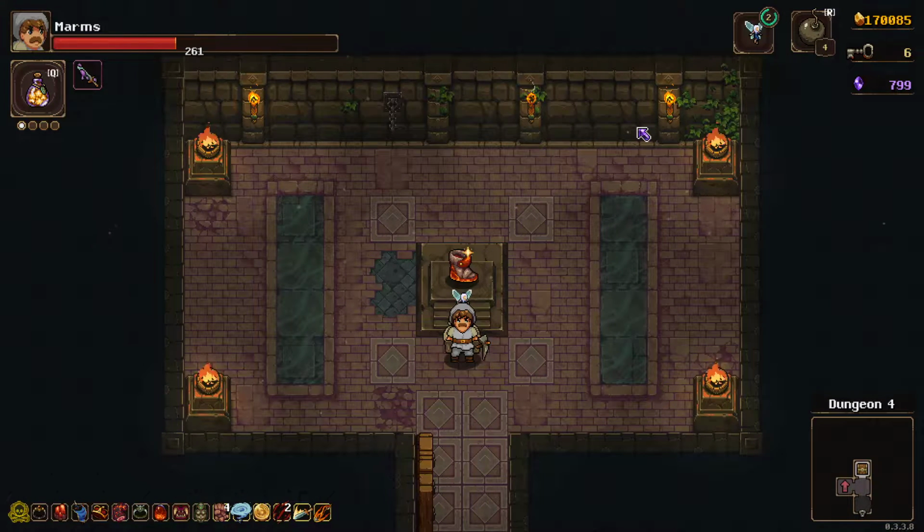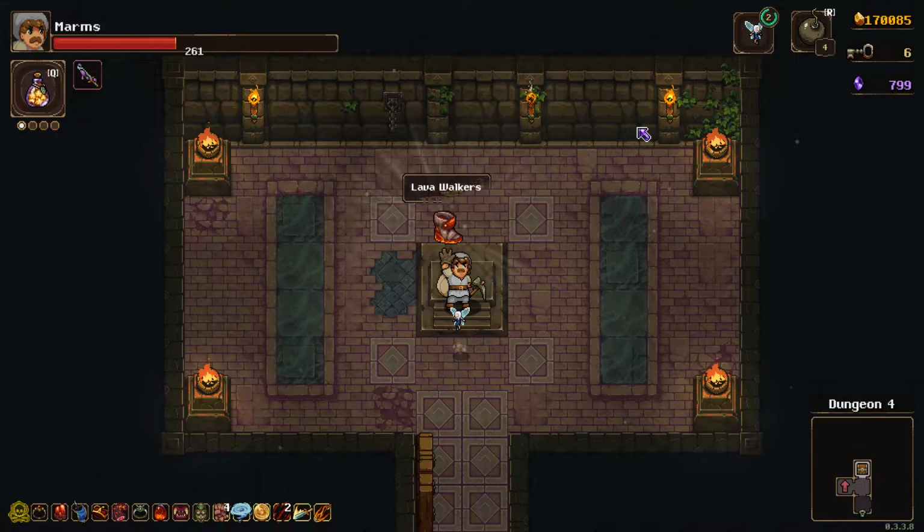I turned down an item last floor, didn't I? Because I was positing that I might re-roll it. What was it? I don't know what it was, but now I'm taking lava walkers, so...